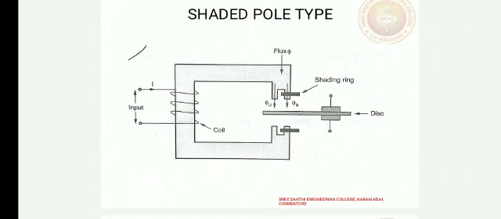This is the diagram for shaded pole type. It consists of an aluminium disc which is free to rotate in an air gap of an electromagnet. Part of the pole face of each pole is shaded with the help of a copper band or ring. This is called the shading ring. The flux produced due to alternating current splits into two fluxes displaced in time and space due to the shading ring. Due to this alternating flux, an EMF is induced. So the disc rotates, which in turn contacts with the trip circuit contacts, which results in opening of the circuit breaker.